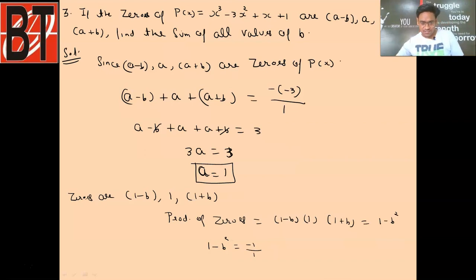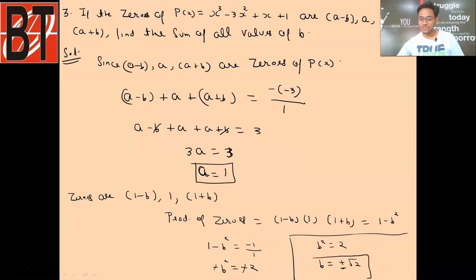So students, from here you can observe this minus b square, this +1 when it goes to the right hand side will become -1, and adding to this -1 it will become -2. This minus and minus will cancel out, so b square is +2. Or students, if I just ask you the value of b, then you have to take both signs, plus minus √2. Clear, students? So b can have two values, either plus √2 or minus √2.